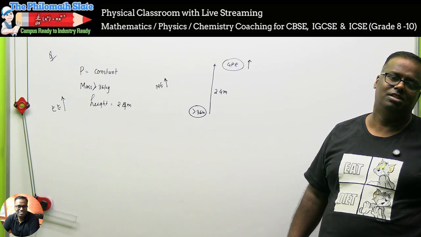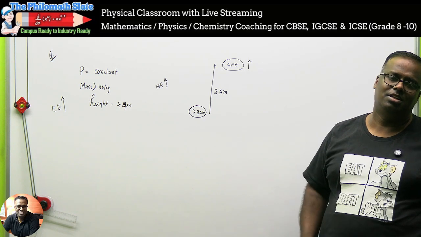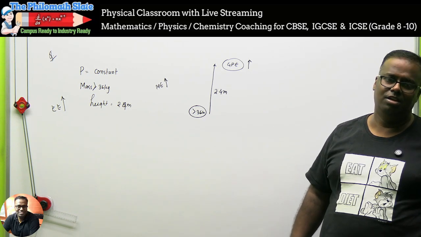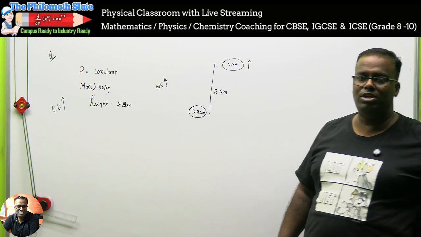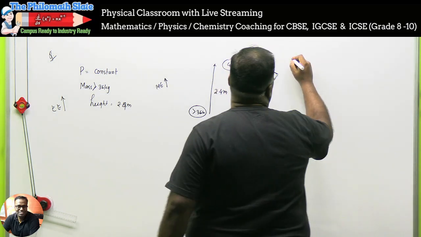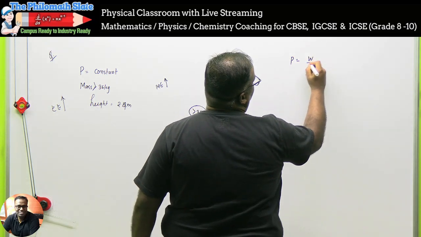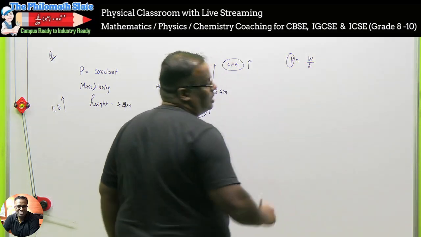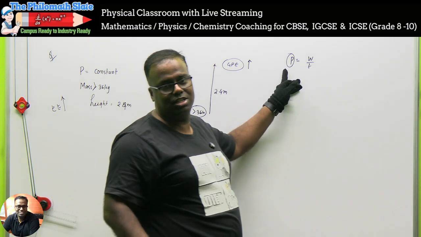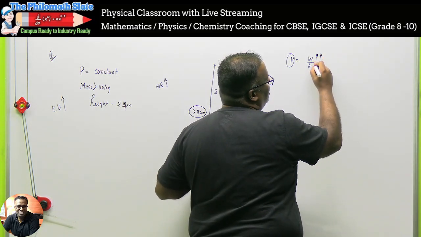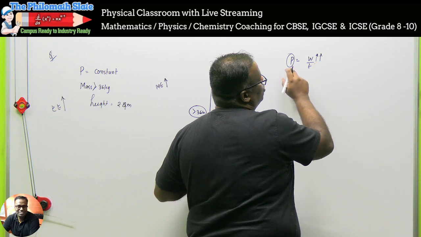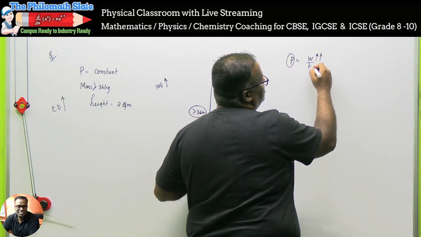The increase in potential energy is greater because the mass is greater. The work done is greater as the mass is greater. And if the power is constant, see, power is equal to what? Work done by time. You have made power constant and you are increasing the work demand. So the time has to increase to keep the ratio.